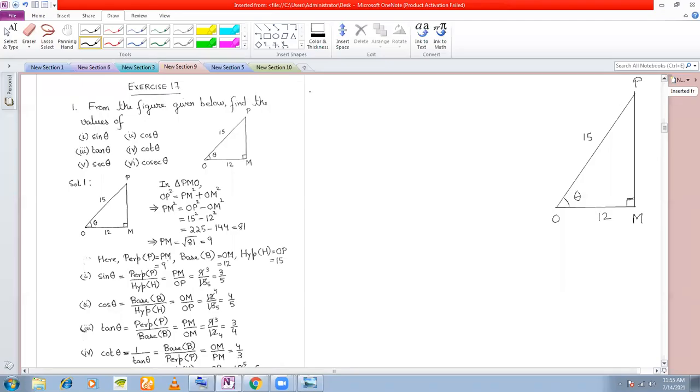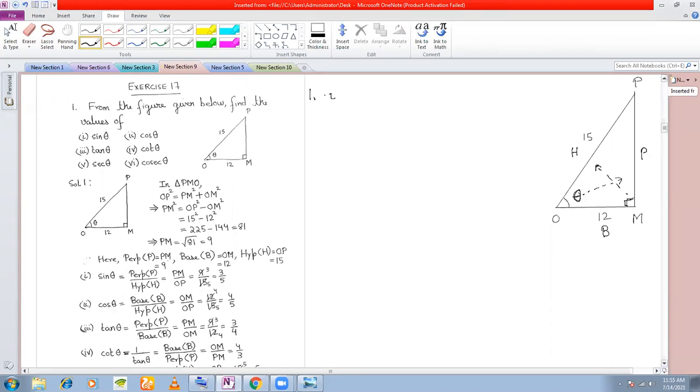In this right angle triangle, this angle here is given to you as theta. That means opposite to this angle will be our perpendicular. Okay, and this is the 90-degree angle. So opposite to this will be our hypotenuse. So that is what you must remember. And the remaining side here is the base. Okay, so once we know all this, now we can find out the values of the trigonometric ratios.